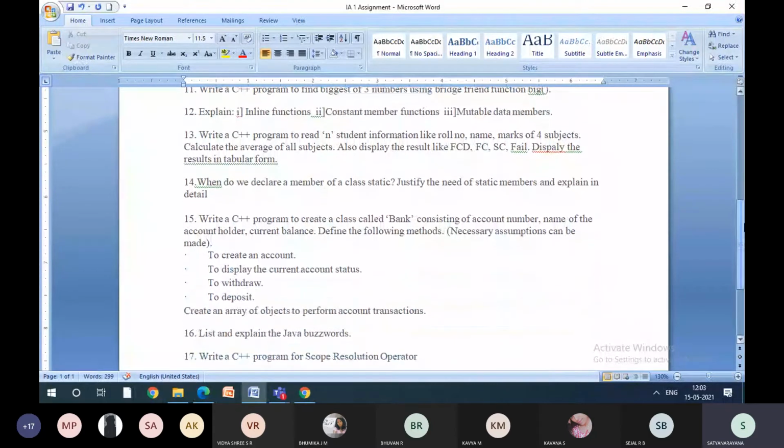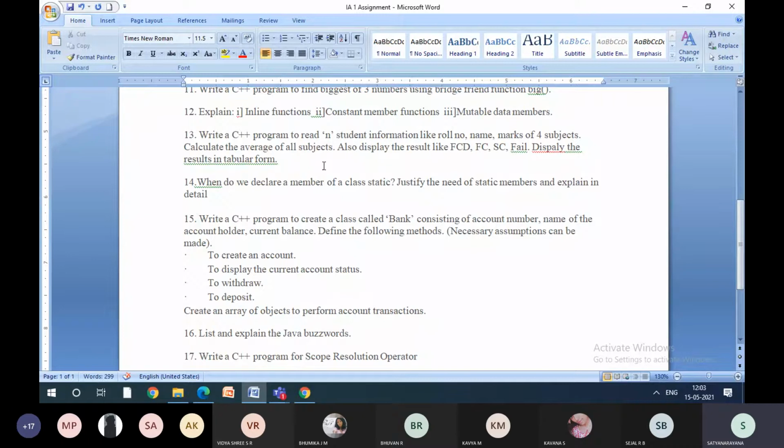So we discussed that. Yeah, so these questions are taken from the previous year question papers just for your reference. So this is an indirect question; I mean, they have asked a program. Write a C++ program to read n students' information like roll number, name, marks of 4 subjects, calculate the average of all subjects, and also display the results like FCD, FCSC in tabular form.